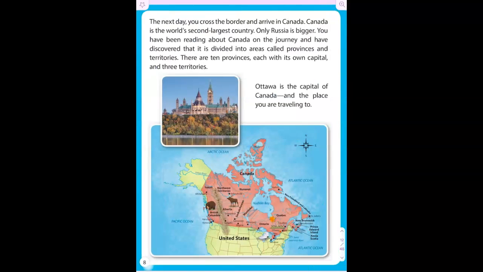Let's keep going to page 8. The next day, you cross the border and arrive in Canada. Canada is the world's 2nd largest country. Only Russia is bigger. You have been reading about Canada on the journey and have discovered that it is divided